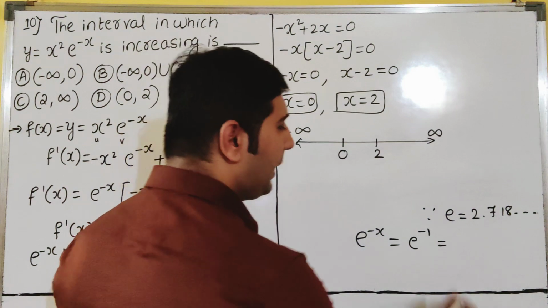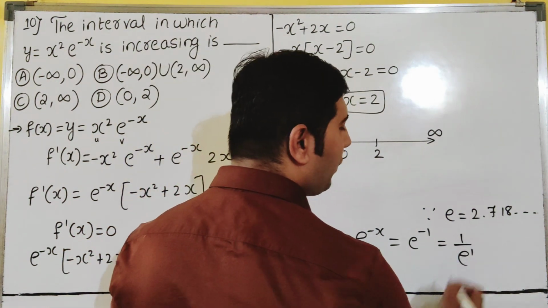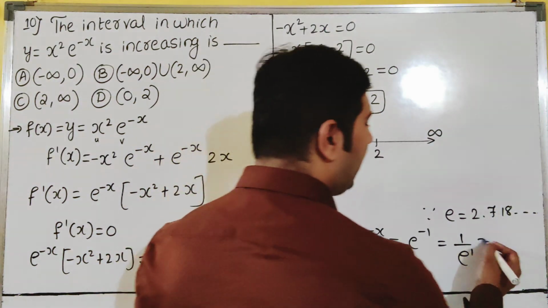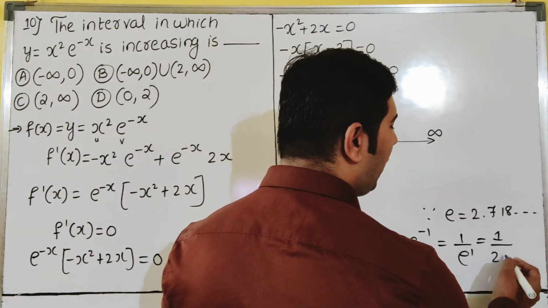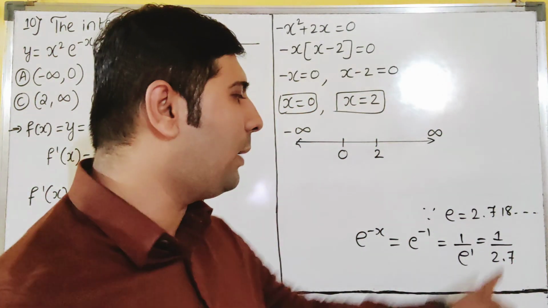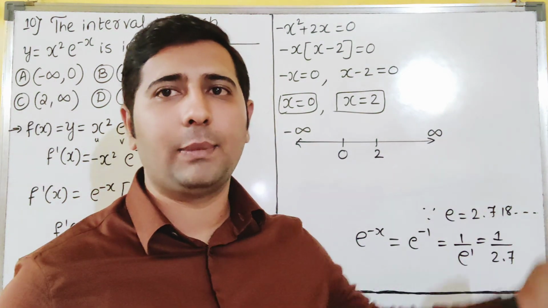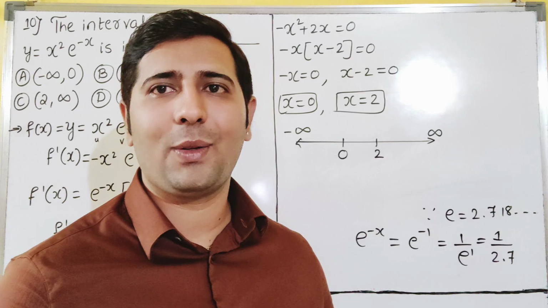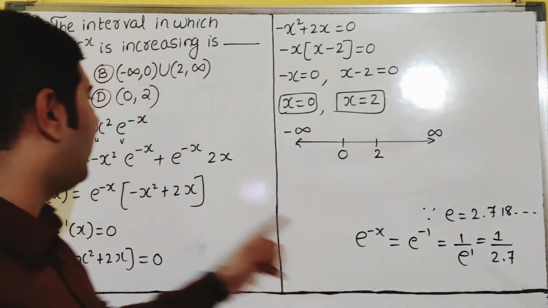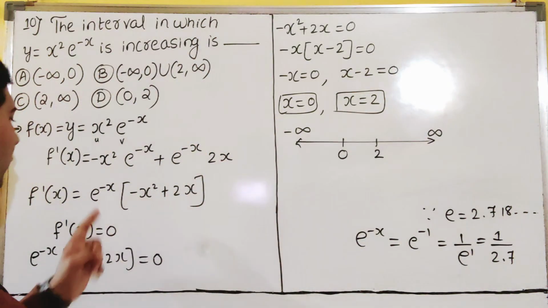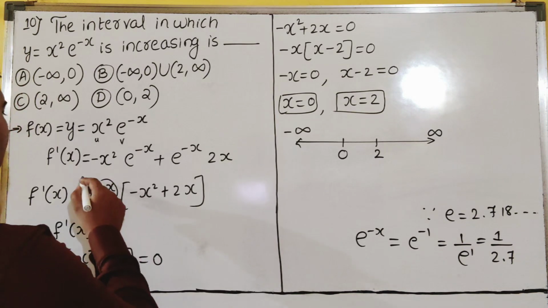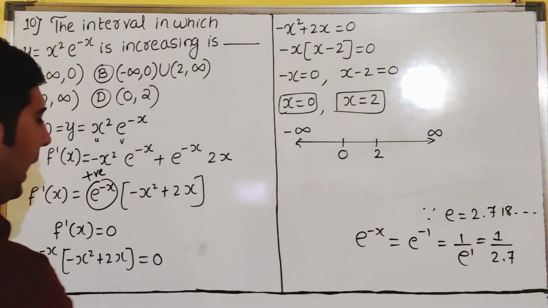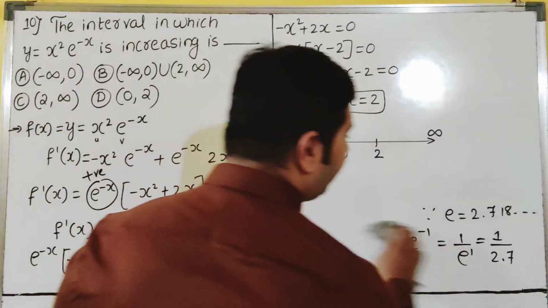So now, dear students, I will take it down. e raised to minus 1 it will become 1 by e raised to 1. e raised to 1 is what? e only. So that is again positive. e value is what? 2.7. 1 by 2.7 is 0 point something you will get. 0 point something means that is greater than 0 only, no? So remember, exponent function can't be negative. So this is positive, dear students. This is positive. Clear? Everyone, I have to check only on this now.